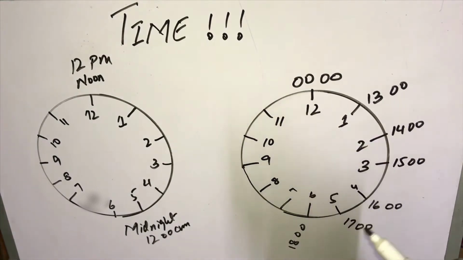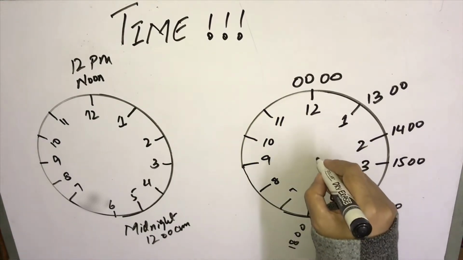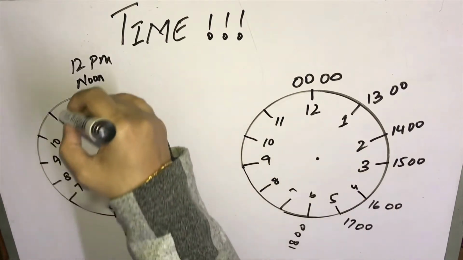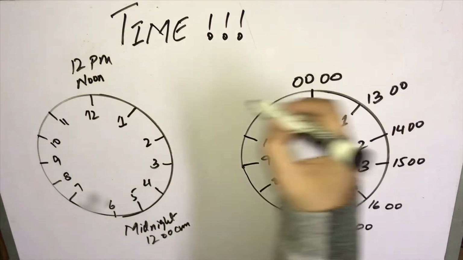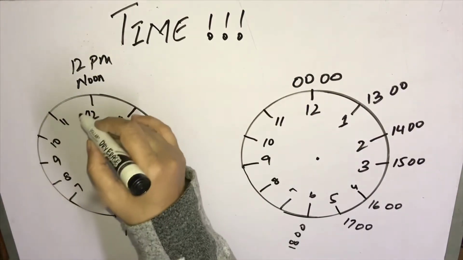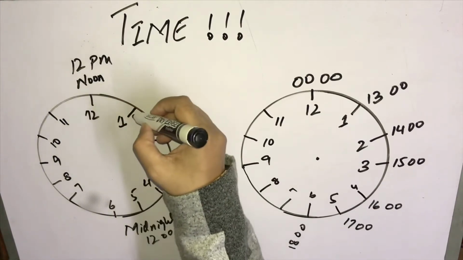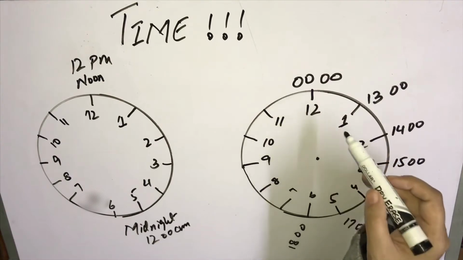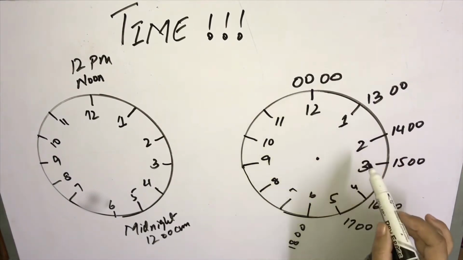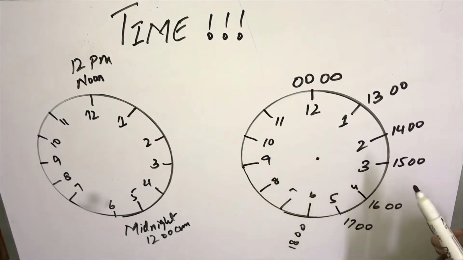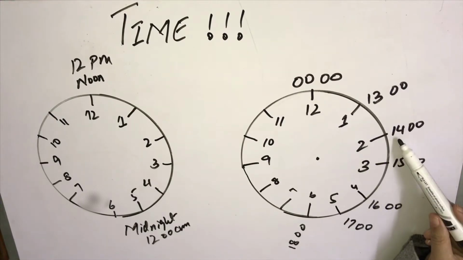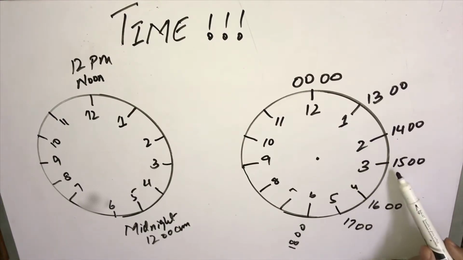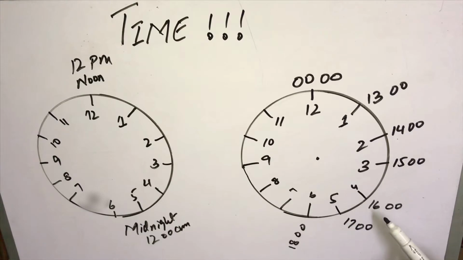So basically what we do, from midnight 0000 to 12 noon we take AM, and when it is PM it is 12 plus 1, 13. PM is always addition of 12 in the current time. 2 PM is 12 plus 2, 14. 3 PM is 12 plus 3. 4 PM is 12 plus 4. 12 plus 5, 12 plus 6.